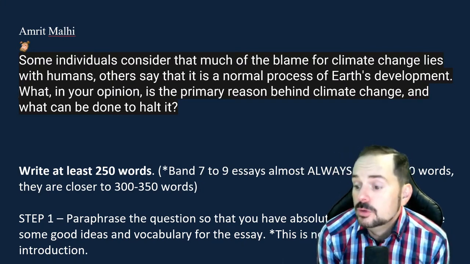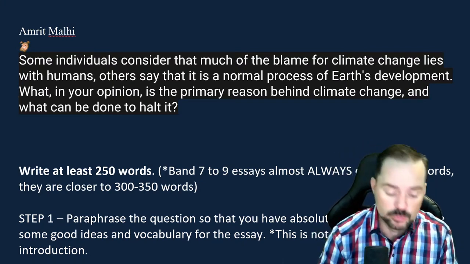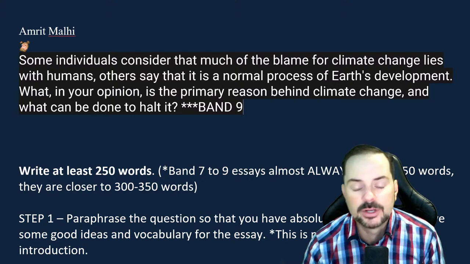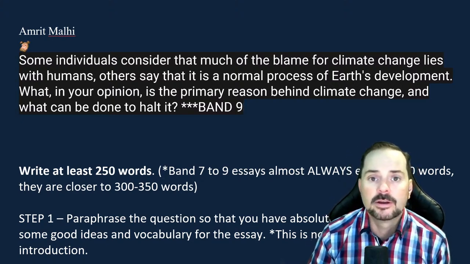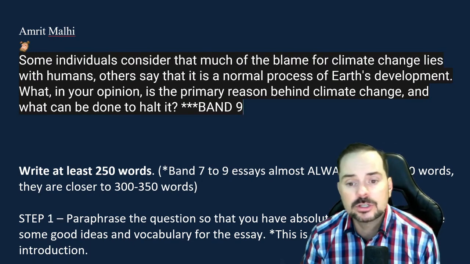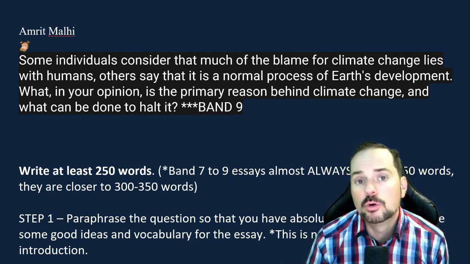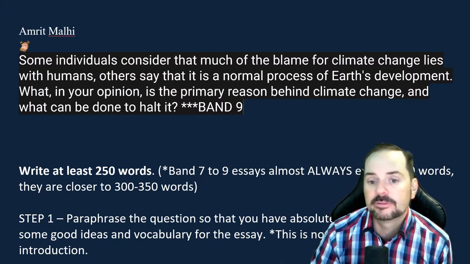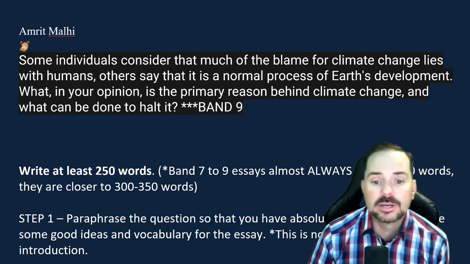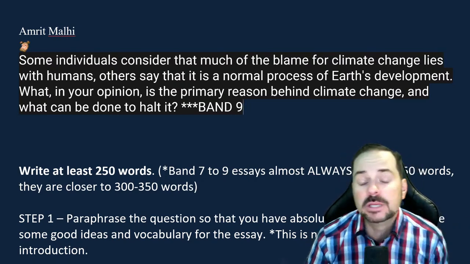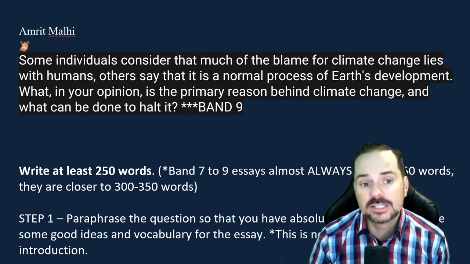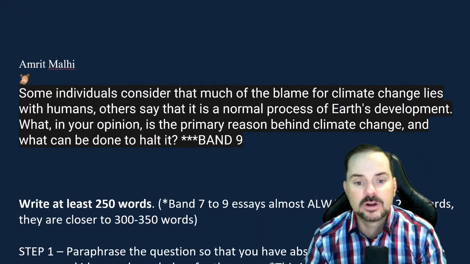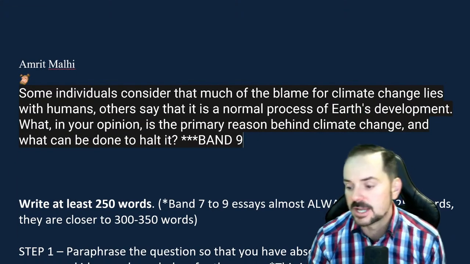That is beautiful paraphrasing, Amrit. Really, really elegant. I like it. Okay, this is a band 9 paraphrase. No question about it. That's a strong band 9. I can tell that you read the question, you interpreted the question, you applied your own vocabulary and grammar to the question, and in a very natural and academic or professional way, you were able to paraphrase it. Amrit, good job, thumbs up. To be honest, Amrit, I think your paraphrase is better than mine and better than Arda's. So if I want to say who has the best paraphrase so far, I would say you do, Amrit. That's excellent.